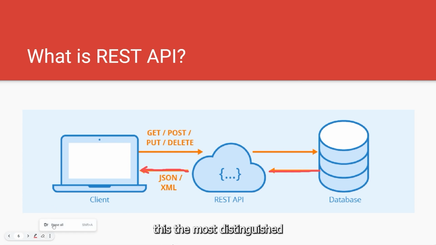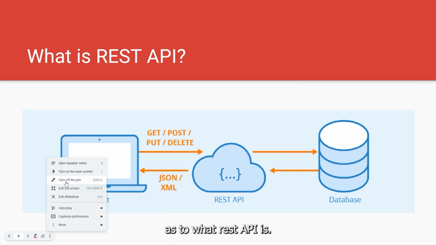And the most distinguishable part of a REST API is that it normally works with JSONs or XMLs. So in our case, what we're going to use is JSON, since it's very similar to Python dictionaries. And if you're not sure what that is yet, I highly suggest checking out the Python fundamentals before we start this course. All right, so now we have that out of the way,